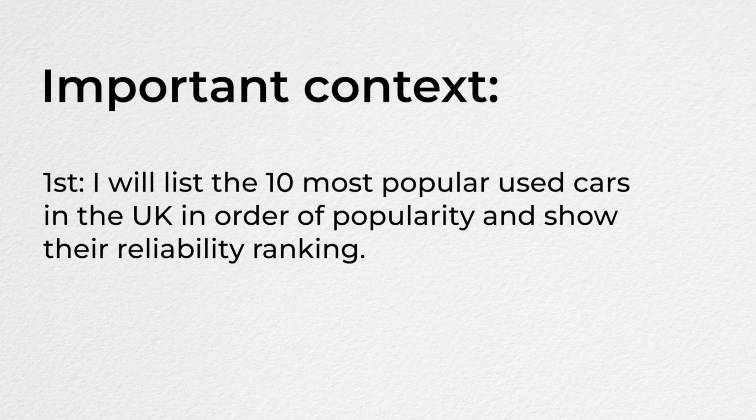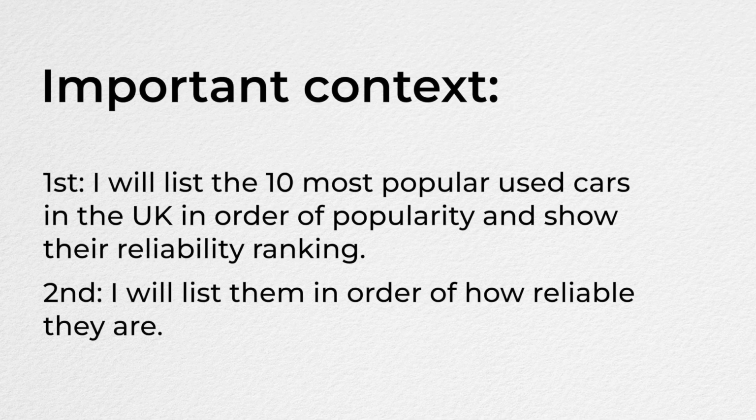Finally, I'm firstly going to go through the list in order of how popular the used cars are and give you their reliability ranking as I go. And then at the end, I'm going to switch the list up and put it in order of how reliable they are. Now, without further ado, the most popular used car in the UK is, a drum roll please, the